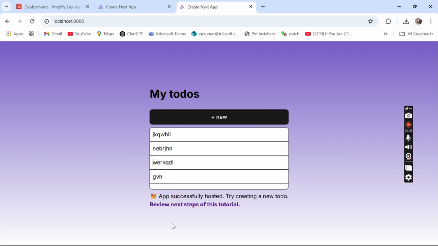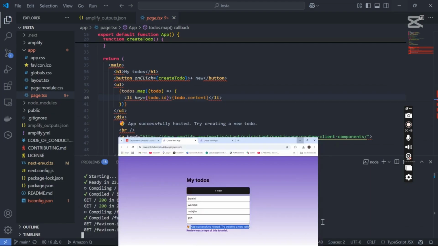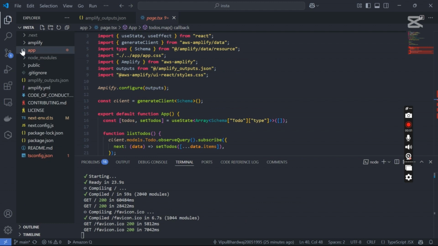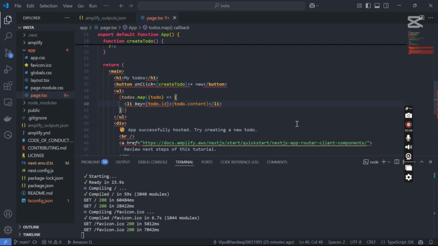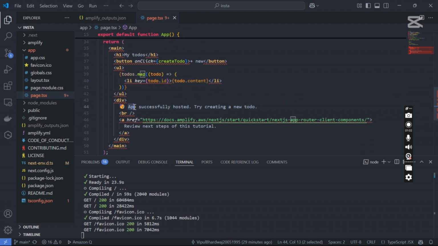We can change this form. I will just show you how to change it. I will show you this message, app successfully hosted. So we simply go to our code, and this is our pattern. We go to app and page.tsx and check where this message is, app successfully hosted, and